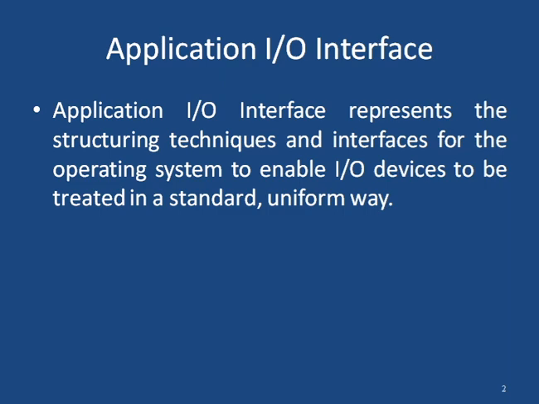After changing the keyboard, I can still communicate with the operating system. I can give commands, I can type something, and the operating system receives the input coming from the keyboard. How does this happen? Initially the keyboard used a PS2 port, later it uses a USB port. The device is the same keyboard, but initially it interacts with a PS2 I/O controller, then it interacts through a USB controller. Here the application I/O interface comes into the picture.